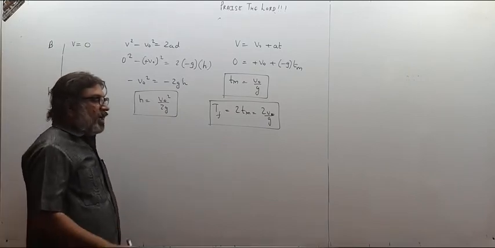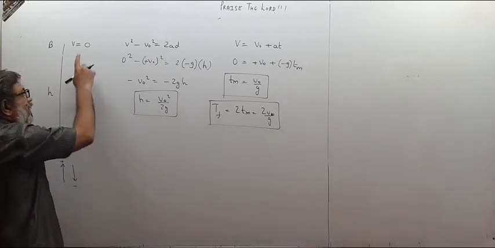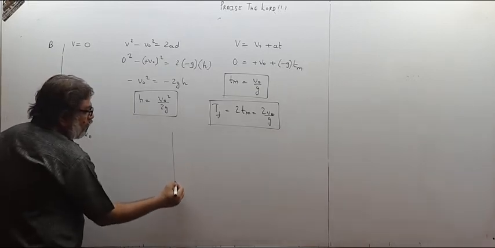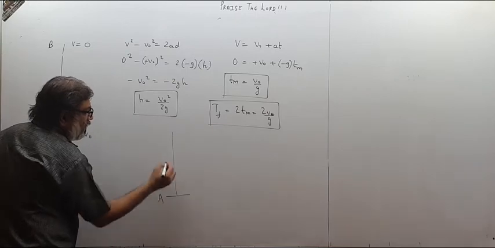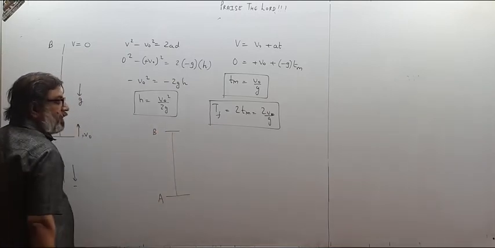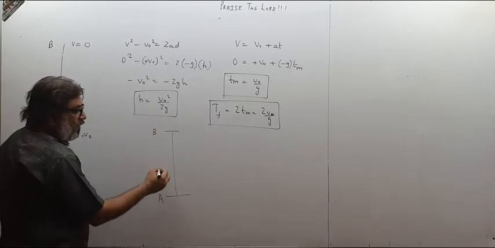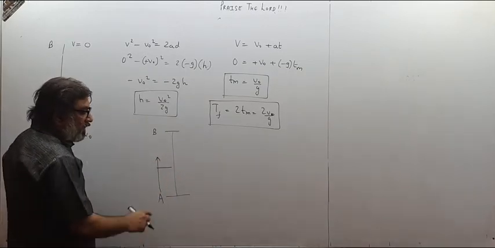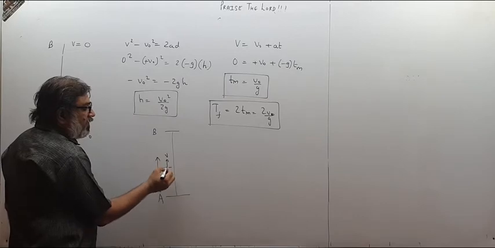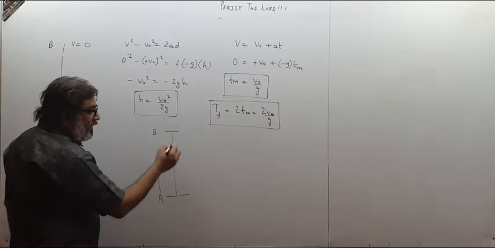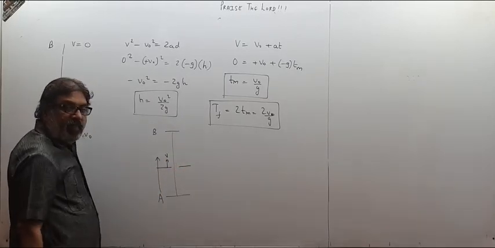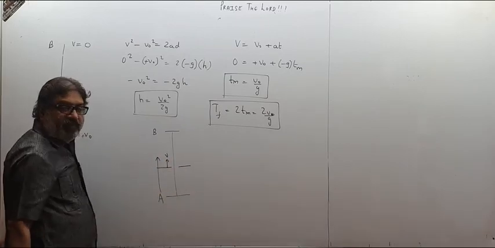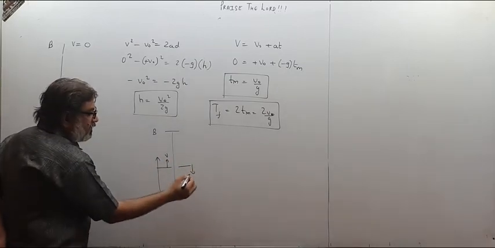Okay, children, remember one more thing when you are throwing a stone like this. Supposing you are throwing a stone from A to B. This is the maximum height. Children, please remember, whatever velocity is here while going upwards, supposing V is the velocity here, when it comes back at the same height, the speed of the stone will be the same. Only thing is direction will be reversed.